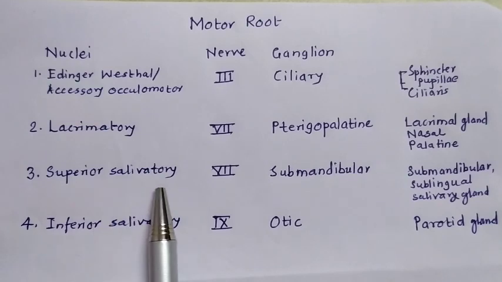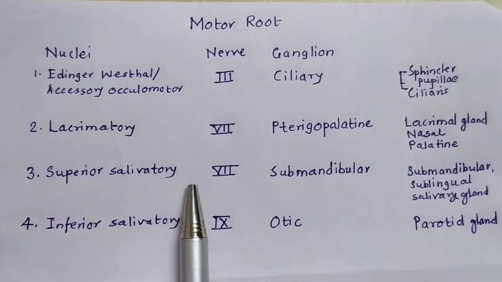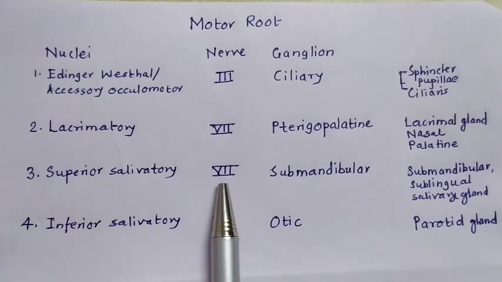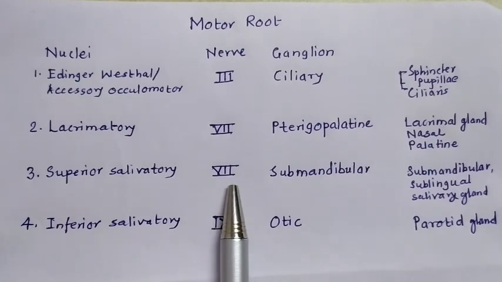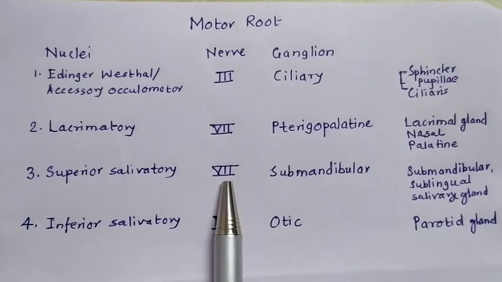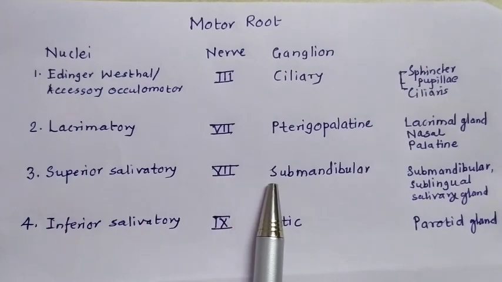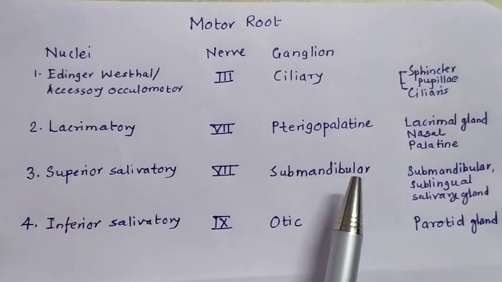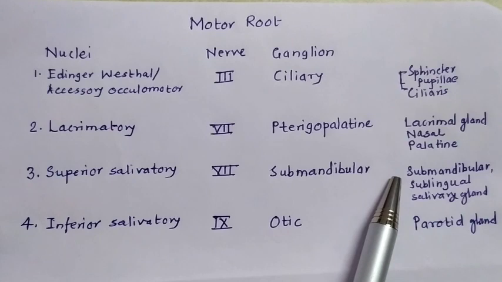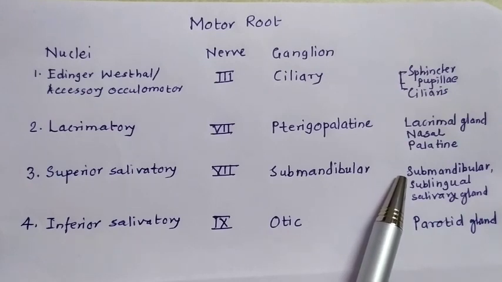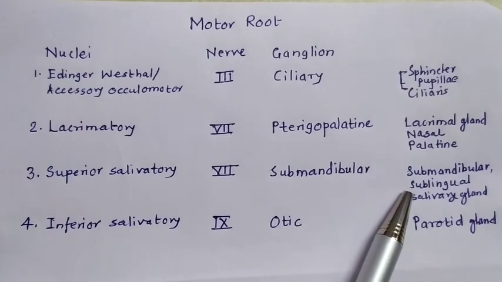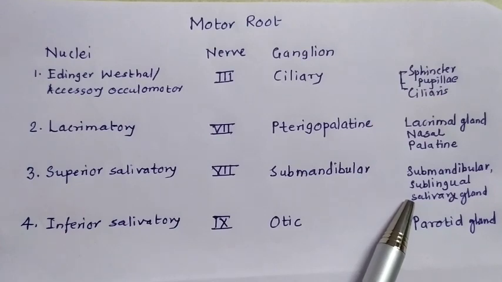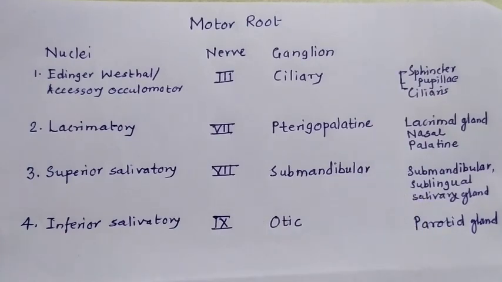The fibers beginning from the superior salivatory nucleus are carried by nervus intermedius, that is the sensory root of the facial nerve, then by the facial nerve, then by its branch chorda tympani nerve, which joins with the lingual nerve, and then the fibers release in the submandibular ganglion. The postganglionic parasympathetic fibers directly supply the submandibular salivary gland, while some fibers are carried by the lingual nerve to supply the sublingual salivary gland. The salivary glands produce saliva.